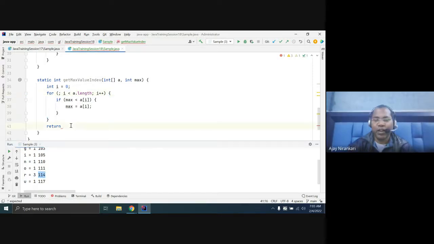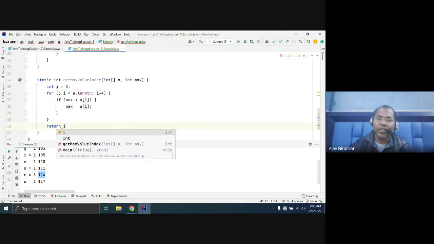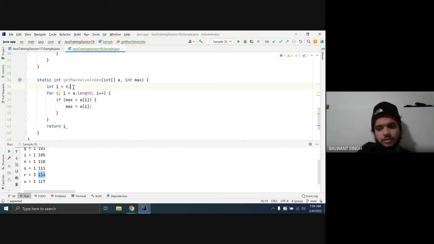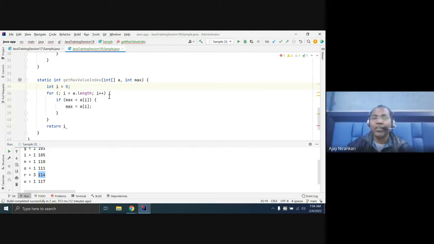We return i minus, because whenever your control goes out, i is already incremented one time, right? Then the condition fails. But we do not return i. I assume minus 1. No, i minus 1 is the last index.